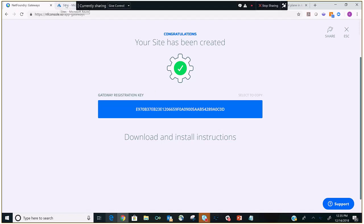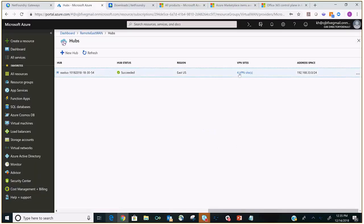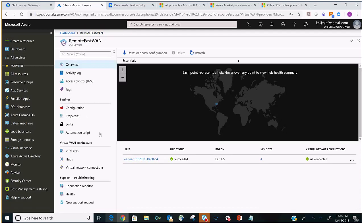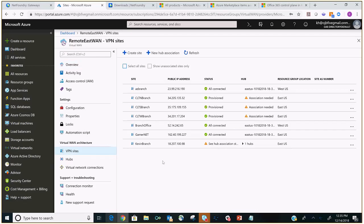Azure itself. So if I go into my hub, I look at my current VPN sites. These are the ones that are already connected to my hub. But if I instead looked at my VPN sites, I would see that I've got two. This is the one I just created, the West branch. I've got the South and the North branch that I had done earlier today, and these need to be